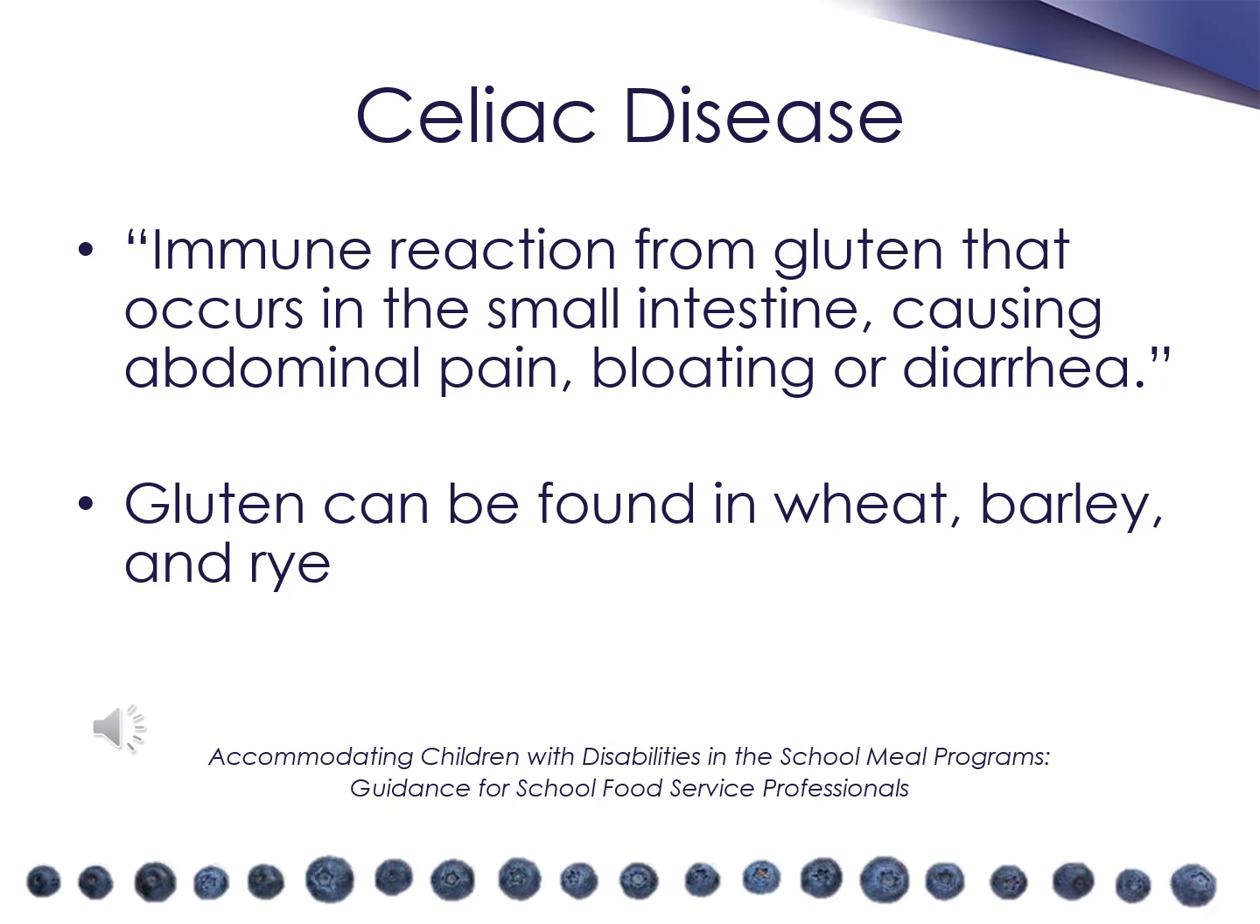The next common phrase is celiac disease. Celiac disease is the immune reaction from gluten that occurs in the small intestine, causing abdominal pain, bloating, or diarrhea. Although this reaction sounds similar to an allergy, it is something different. Celiac disease is an autoimmune disease that causes damage in the small intestine and prevents the person from absorbing nutrients